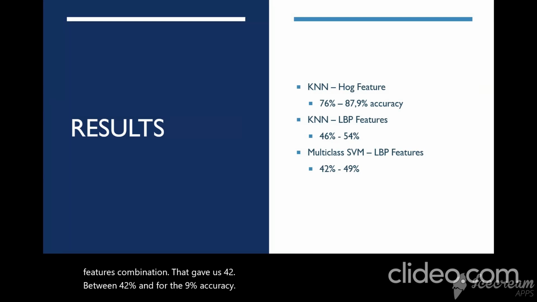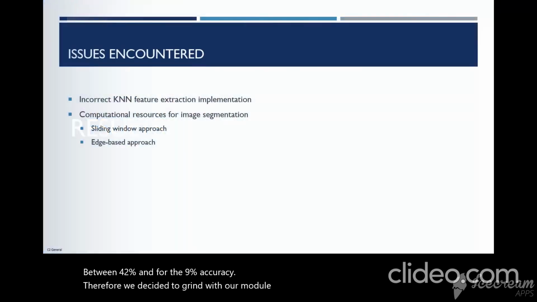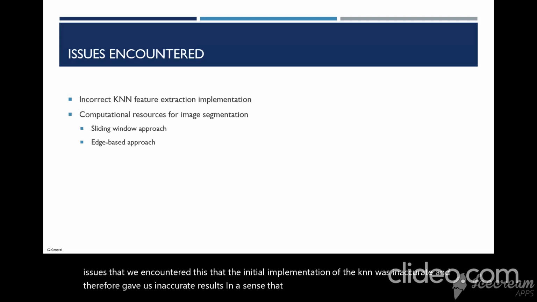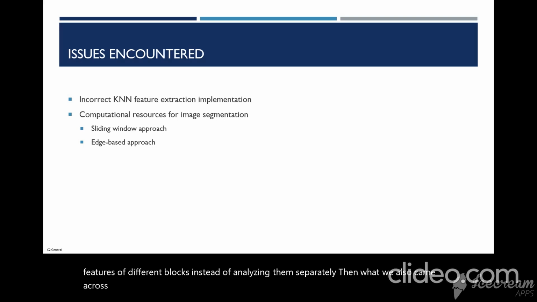Therefore, we decided to run with our model combination of KNN and HOG features. The issues that we encountered is that the initial implementation of the KNN was inaccurate, and therefore gave us inaccurate results, in the sense that we were summing up the different HOG features of different blocks instead of analyzing them separately. Then what we also came across was that the sliding window approach created a lot of images, or had to analyze a lot of image blocks, and that charged a lot of